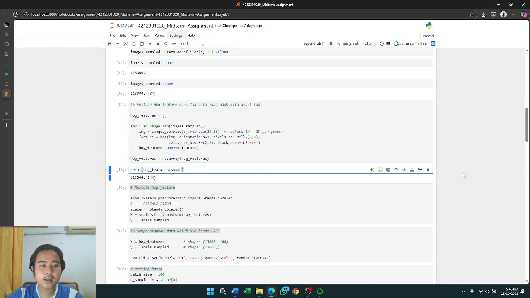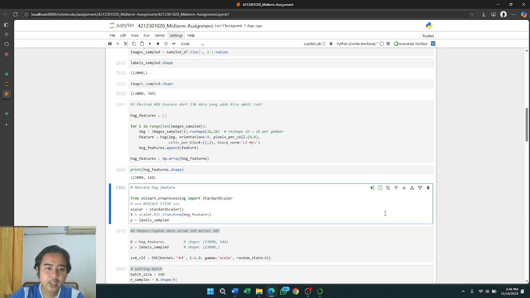Next, this cell using the print HOG features shape command you can display the dimension or size of the HOG features array, which contains the feature extraction result from all images. Next, the cell, the program snippet above serves to standardize or normalize the HOG feature values so that they are ready to be used in the machine learning model training process.